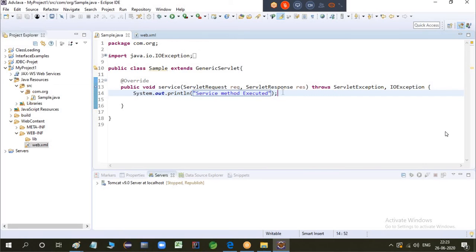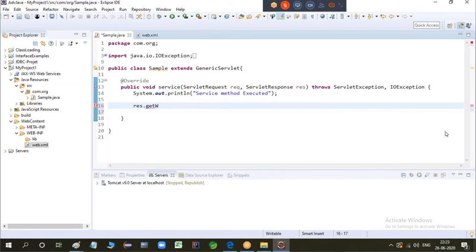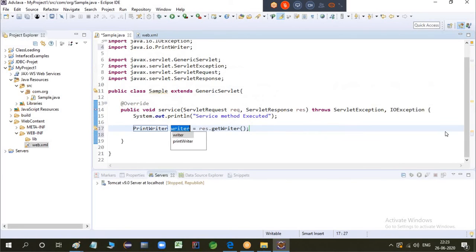We have already seen the printout, right? So we can just display something to the output. To display something to the output, what do you need? Response object. response.getWriter().